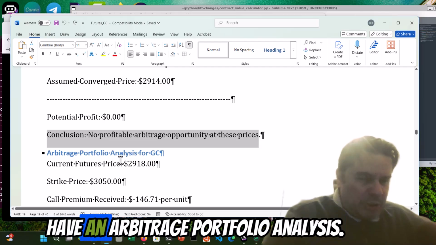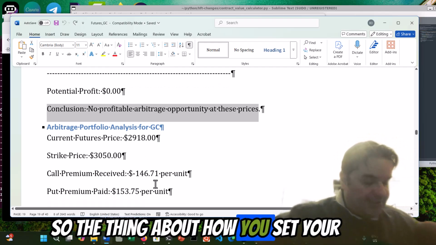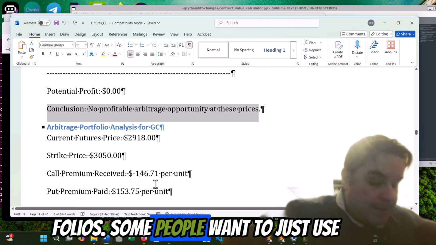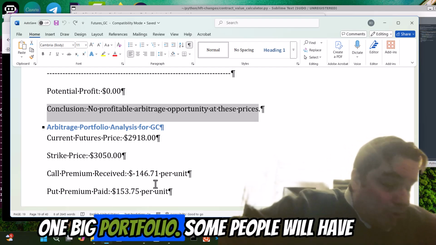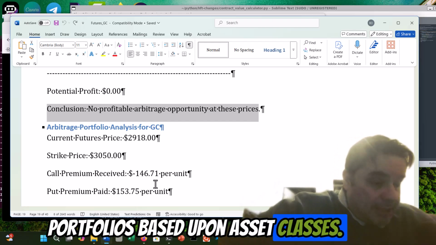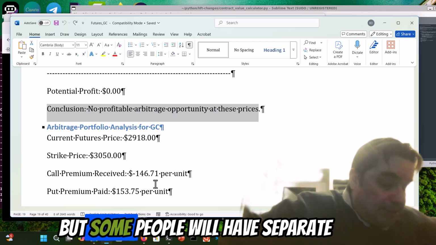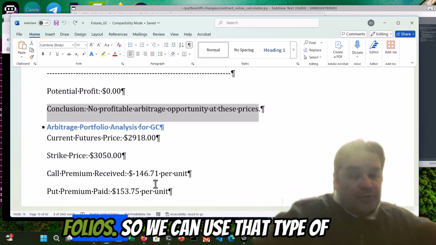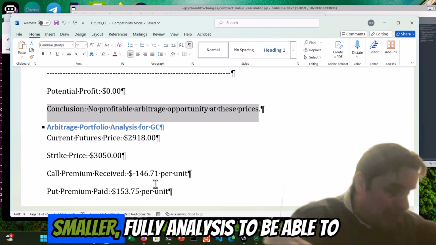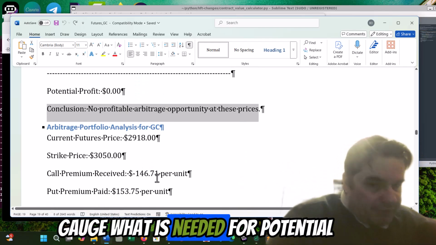So again, here we have an arbitrage portfolio analysis. Depending on how you set your portfolios, some people will just use one big portfolio. Some people will have portfolios based upon asset classes, all kinds of ways to define a portfolio. But some people will have sub portfolios. So we can use that type of smaller portfolio analysis to be able to gauge what is needed for potential